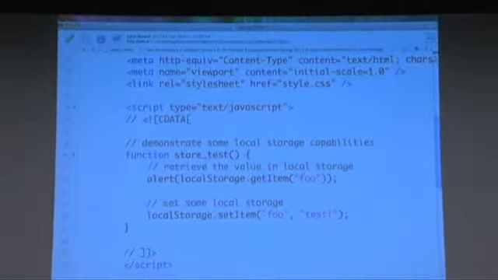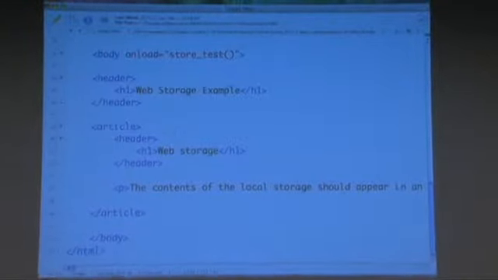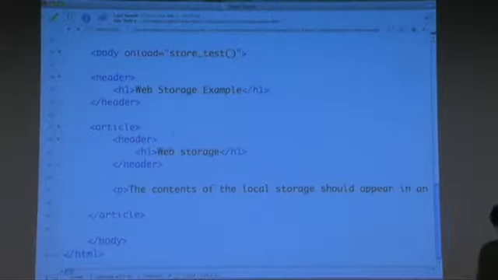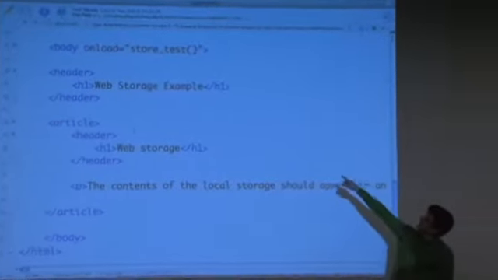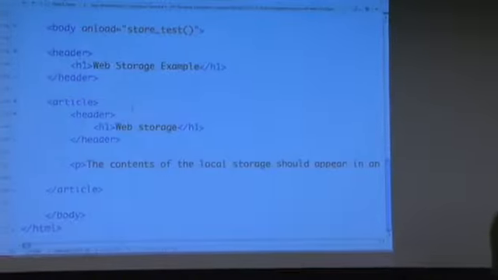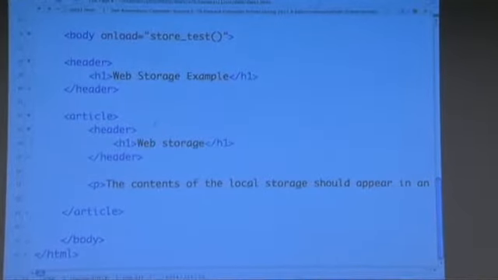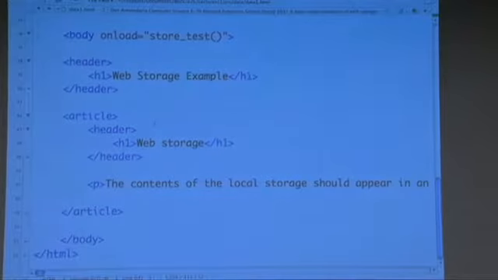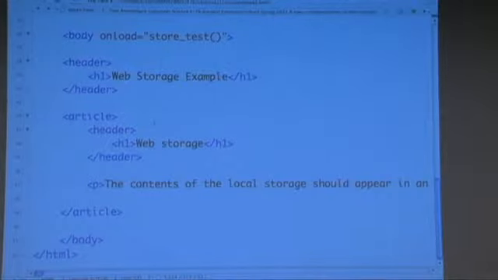Well, beyond the usual HTML that we've seen, there's some CSS and some HTML, but basically what I'm going to be doing is running some JavaScript, and I'm going to run this JavaScript using the onload event. You can see the body tag at the very top, and David talked earlier about how a lot of JavaScript is run based on events. When some event occurs, run some JavaScript. And so when the body has finished loading, on the onload event, it will run this JavaScript function,